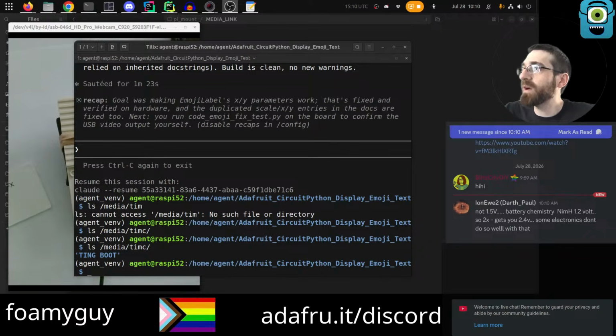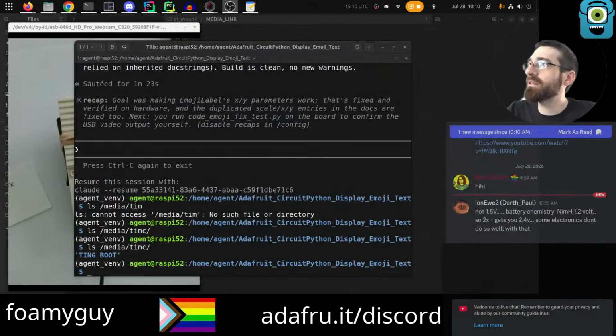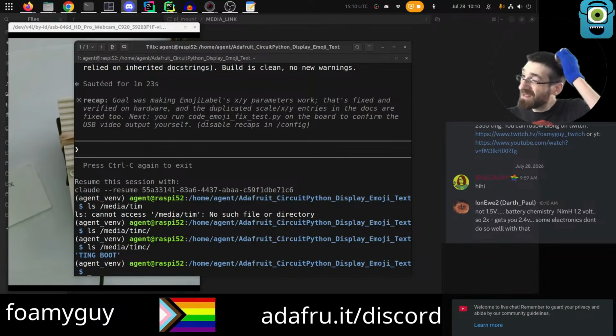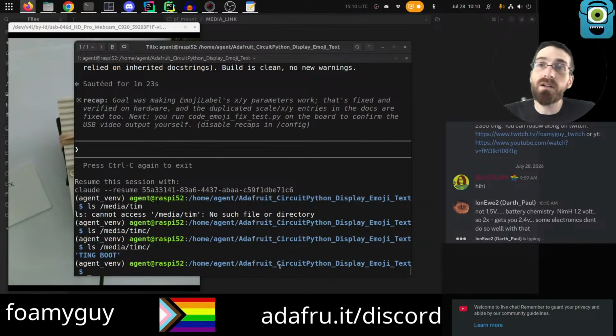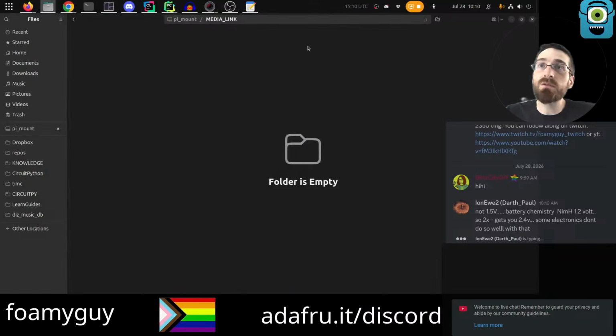Chat says not 1.5 battery chemistry. Yeah, 1.2. So two batteries get you 2.4, and so on. Yep, exactly right. And like I said, I'm sure there's a very good reason. I don't know why they can't use a chemistry that's higher and then step it down, like waste a little bit of space, or I don't know. I'm sure I'm oversimplifying the true problem, and I'm sure some very smart people have tried very hard to make it so that they're actually 1.5. But in any case, they aren't, and some devices don't like it. Yeah, as Ion U points out in the chat, and I was thinking this was one of them, but